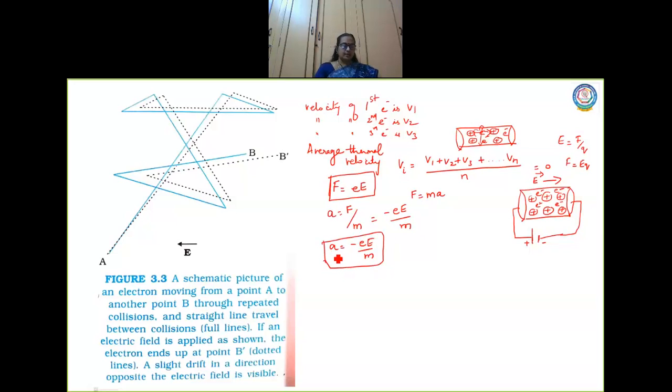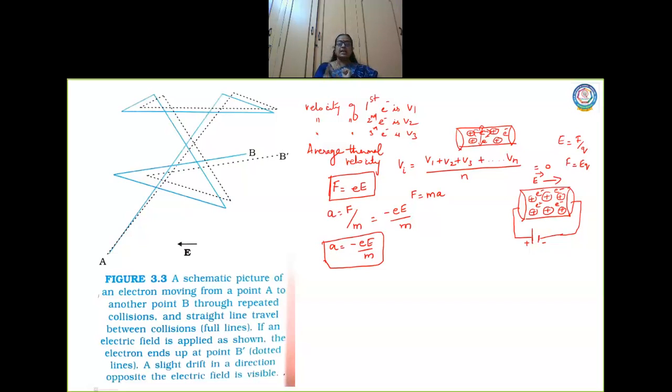Okay, right? Now, acceleration means the electron is gaining some velocity apart from the original thermal velocity. So the gain in velocity, when it is accelerated, definitely the electron gains some velocity apart from the thermal velocity. But what is happening to the electron? Electrons inside a metallic conductor collide with the positive ions. They suffer collisions with the positive ions. That's what I was already discussing.